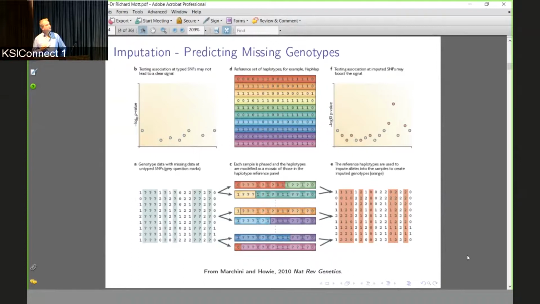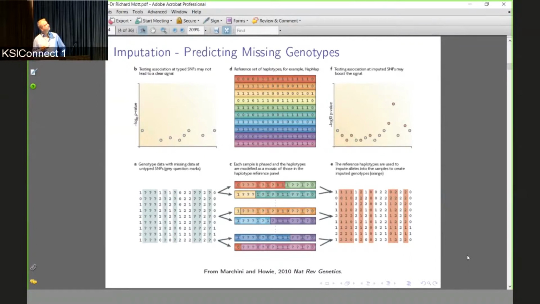And here we have 3 individuals whose 2 chromosomes at this locus have been decomposed into their haplotype mosaics. So we basically found that this individual here looks like the red haplotype, followed by the green haplotype on 1 chromosome, and the light orange followed by the light blue over this region. So once we know this haplotype mosaic, then we can essentially fill in the gaps. We just look them up in the haplotype,